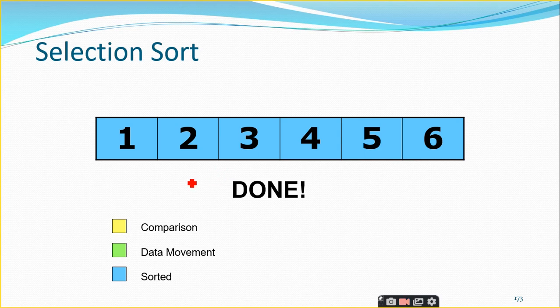Now, you can see that all the elements are in sorted order. So, this is how the selection sort works. I am once again repeating the basic idea of the procedure. The basic idea for the selection sort is you have to select the best element. The best element can be either the minimum or the maximum element from the unsorted list of the array, and